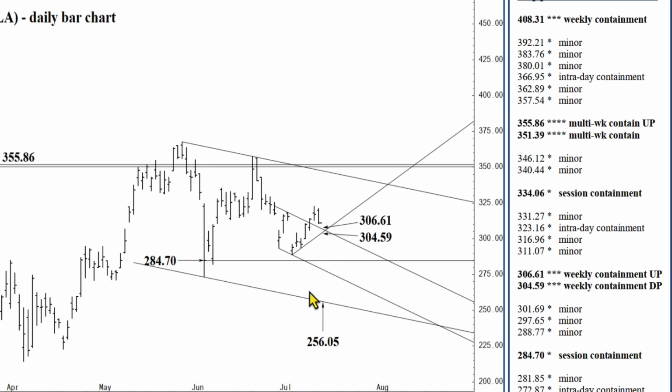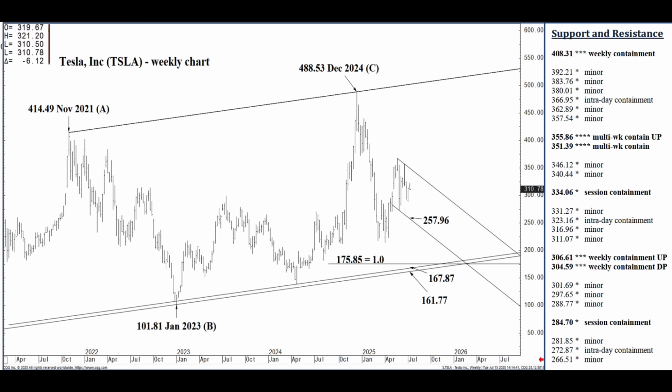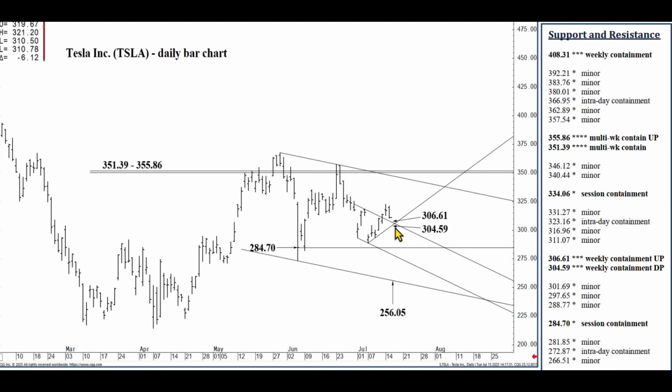Once again, though, if we were to close below 256.05, which is the same formation on the weekly chart we find at 257.96, then we are bearish through the rest of the third quarter into the fourth, the following 2 to 3 months, likely to continue unwinding into the 160s. But we're not there yet. That would come with a settlement below 257.96 formation on a weekly basis, which I think you should respect the possibility of testing if we close below